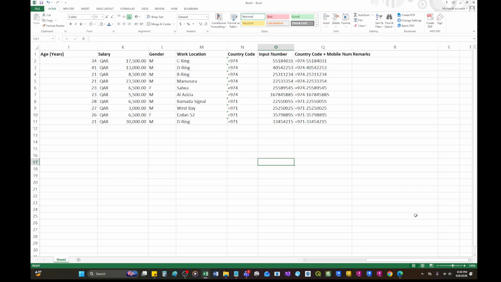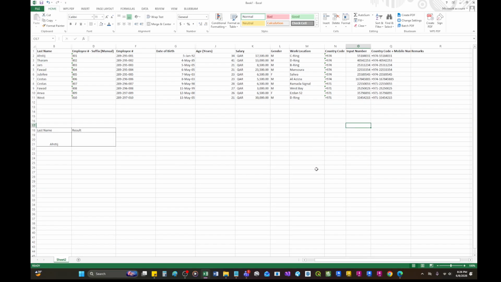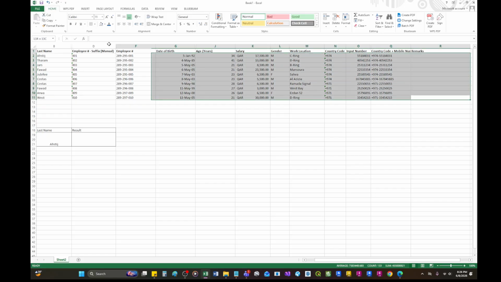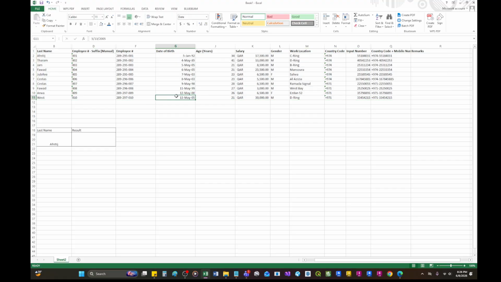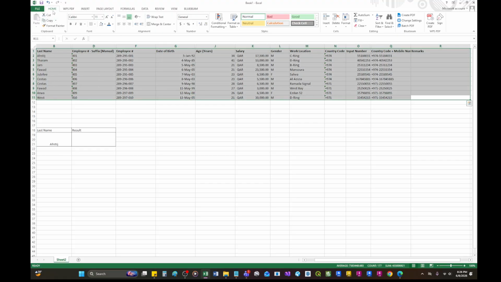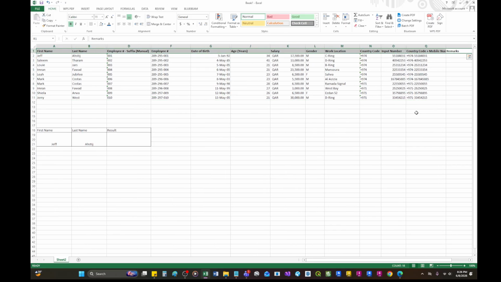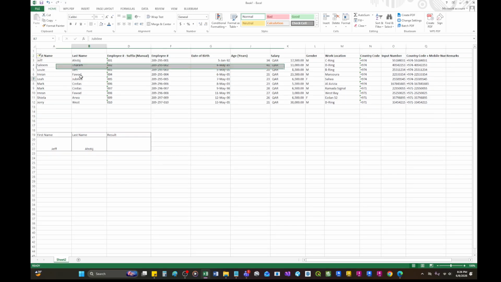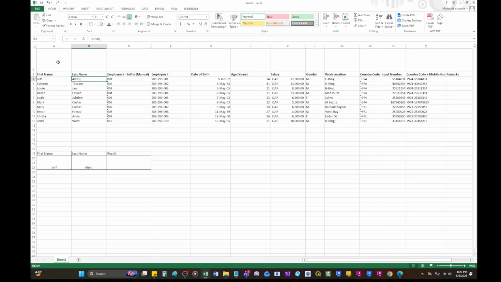So I will just put it in a smaller view. We would like this to look good. So let's modify the layout here so that it will be pleasing to the eyes. The first thing we need to do, we need to put the company name here.